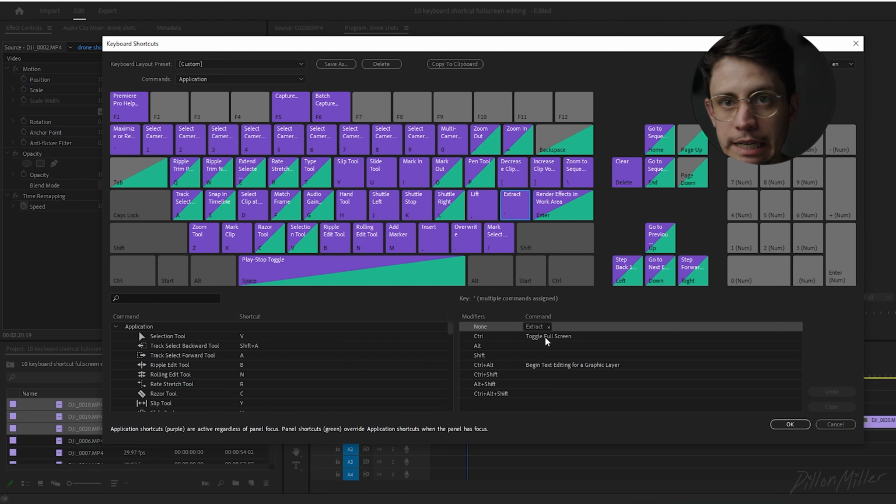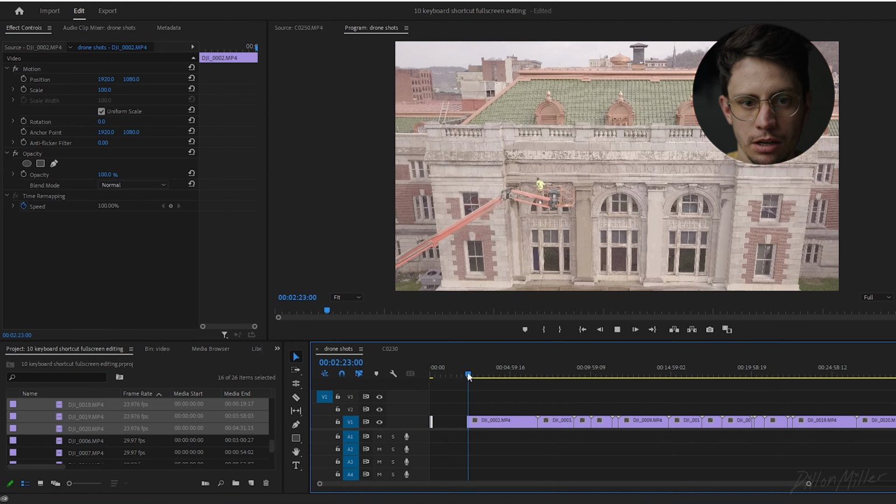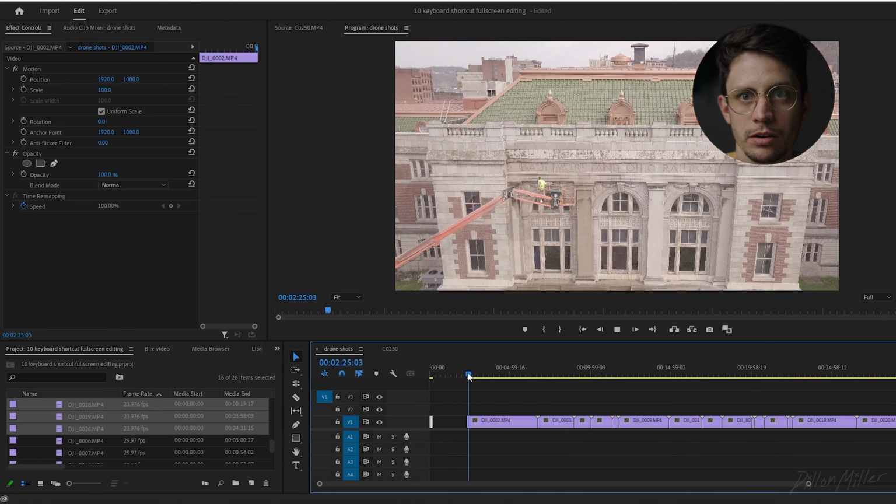So that's how I get in and out of full screen mode. So let's show you how this works. We're going to show you with the timeline first and then without the timeline. So with the timeline here, we press L to go forward and figure out where we want our next select